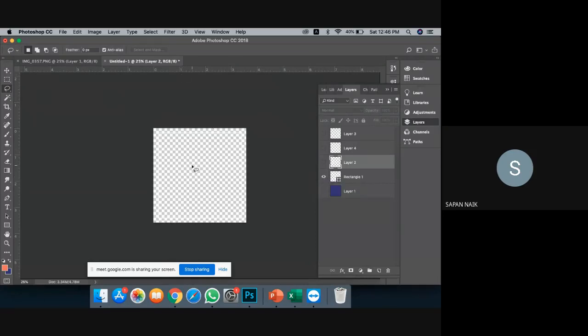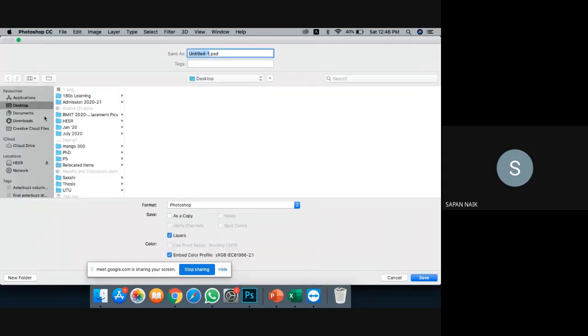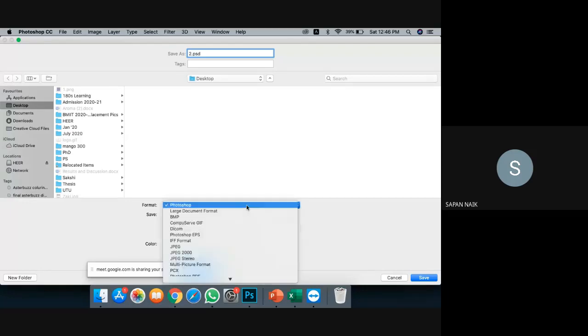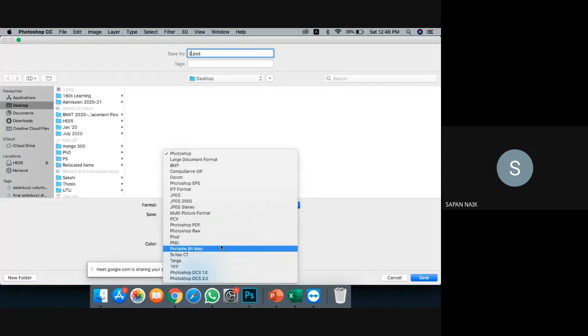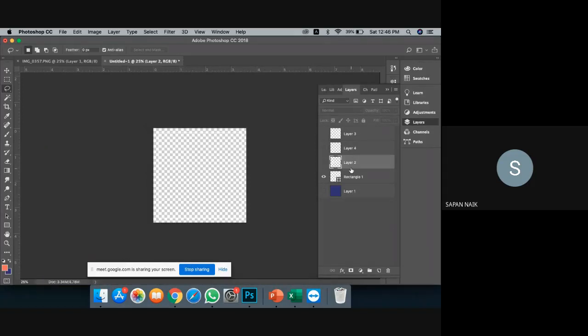You may not be able to see it because of your screen. Now my second layer is selected. Save as, go to your desktop, give the number 2, and save it as a PNG file. Same way you need to save all 5 images. Get it? This is clear?